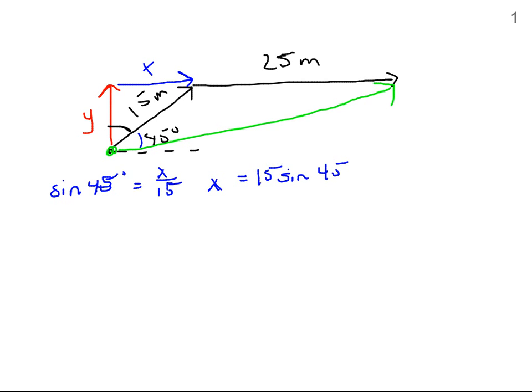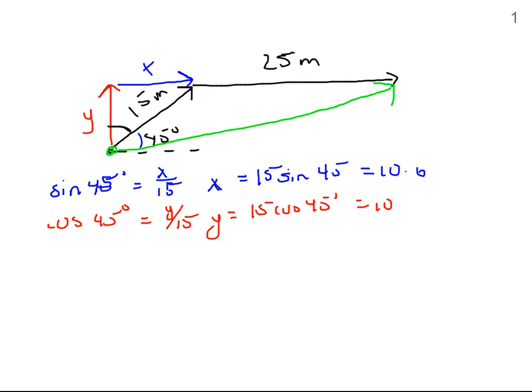And then I can do the same thing for this adjacent side. Cosine 45 degrees is y over 15. So y is going to be 15 cosine 45. Sine and cosine of 45 are the same, so if I plug in my calculator 15 sine 45, I get 10.6, which means that this is also going to be 10.6. If I put those two numbers on my diagram,